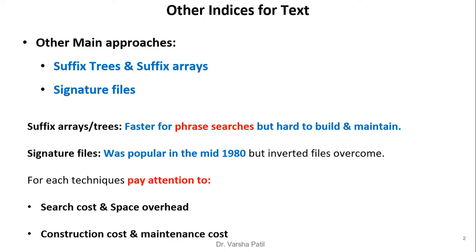Other than the inverted file index, other approaches are suffix tree, suffix array and signature file. Suffix arrays and trees are faster for phrase searches but hard to build and maintain. Signature file was popular in the mid 1980s but inverted file overcame it. For each technique, pay attention to search cost, space overhead, construction cost and maintenance cost for creating the index